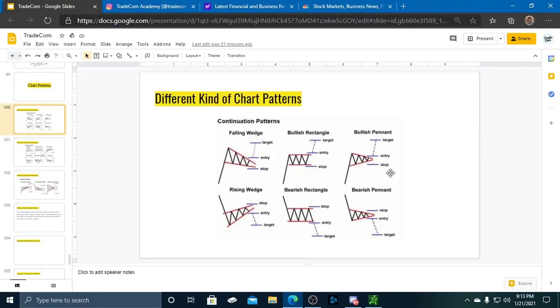Just looking at these alone, these look super clean. Now it's not always going to look like this on the charts. This is just a template, a general overview of how you want to see these patterns form. All right. So you got the falling wedge, bullish rectangle, bullish pennant, rising wedge, bearish rectangle, and bearish pennant, right? So all these patterns over here, they're telling you if a stock shows this kind of pattern on the chart, it's most likely going to continue towards the upside,